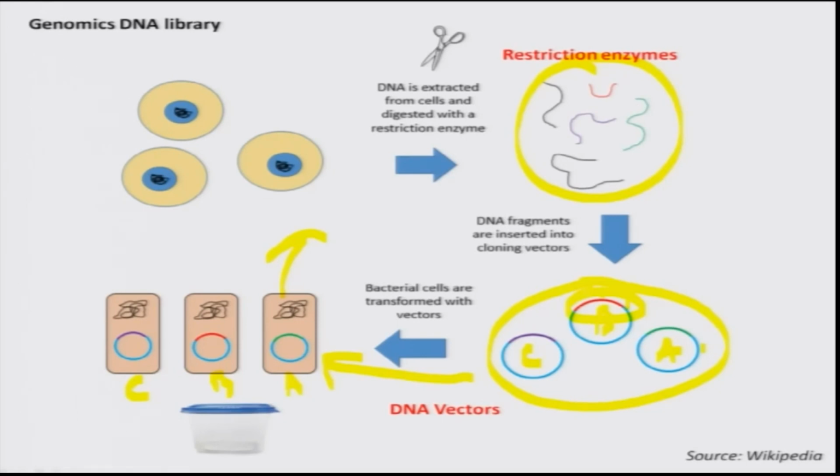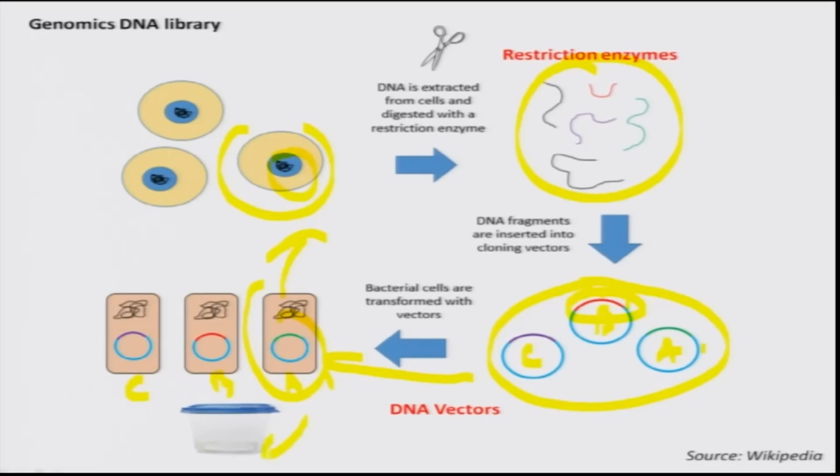E. coli really does not require any special reagent to make copies of the DNA. So, you give them all the food that they require, they have the machinery to make it. This is the way we are able to get a complex DNA that is present in your cell, extract it, make smaller pieces and put them inside the vectors,